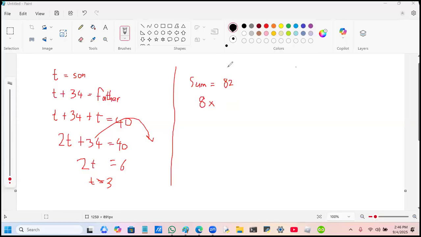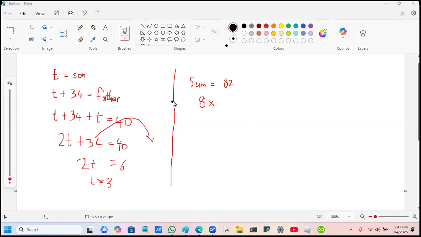So that means 82 times 6? No. I'm asking you a question. Their ages will each increase by what? By 6. So if their ages will increase by 6, now remember, there are 8 children, each of them, their ages will increase by 6. So that now means that we are going to have what? 8 times 6.